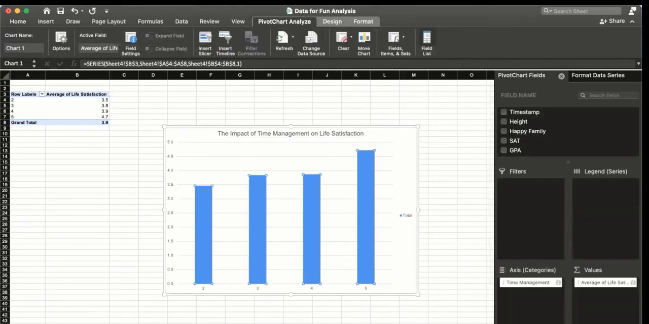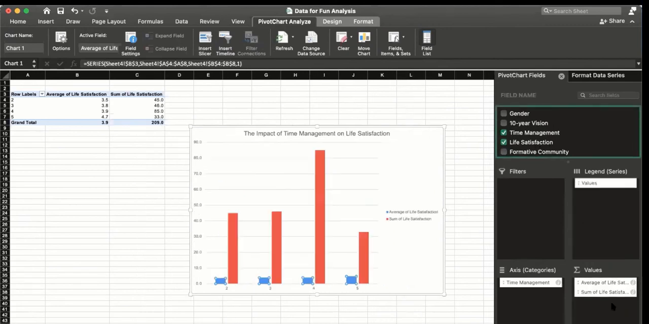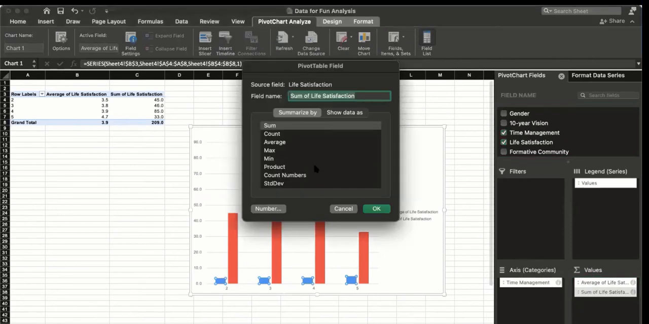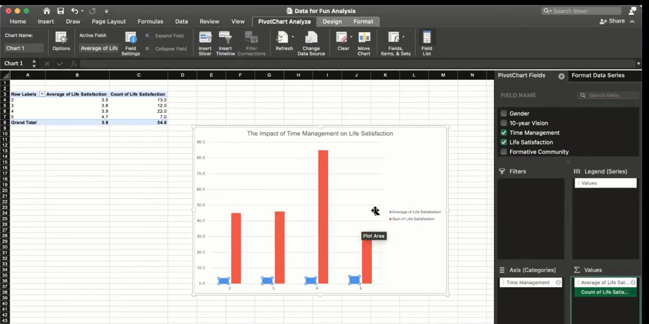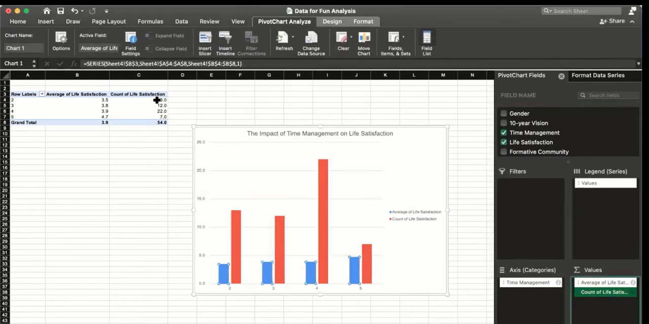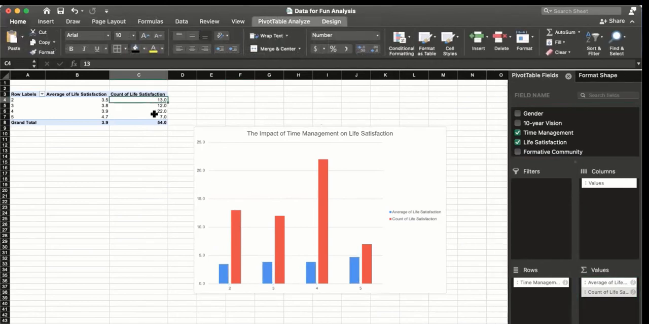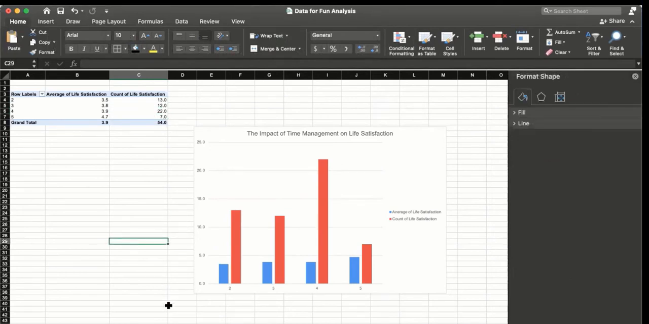So you want to know how many people have answered. So then you can go to life satisfaction and drag it again to the values. And then you can right click, go to field settings and choose how many of them answered. So count of them. So 13 people answered 2, 12 people answered 3, and 22 people answered 4, and 7 people answered 5. So we know that 13 students were quite unhappy with their time management, not satisfied with it,